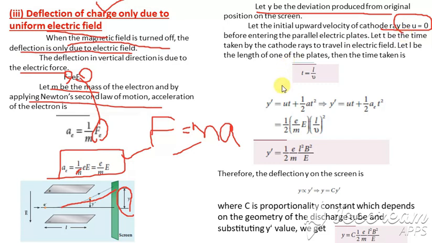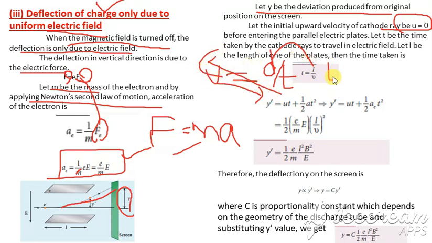Okay, first, what is the formula for velocity? Velocity is equal to what? Distance divided by time taken, is it not? So it is d divided by time taken t. Here instead of d we are writing L. Okay, and we are bringing this v down and t to this side.